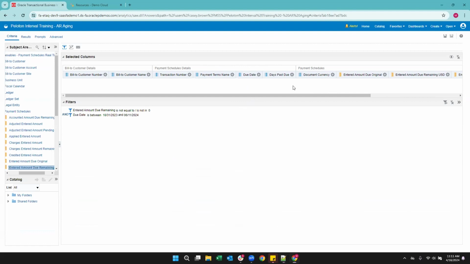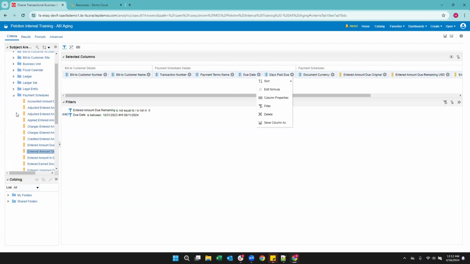So we are going to make buckets now. Buckets are when you're looking at an aging report, you have how past due is something. Is it current? Is it 0 to 30 days or 1 to 30 days past due, 31 to 60, 61 to 90, etc. So we are going to make another days past due